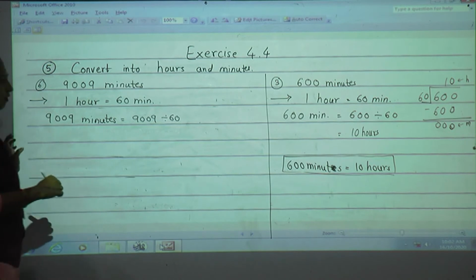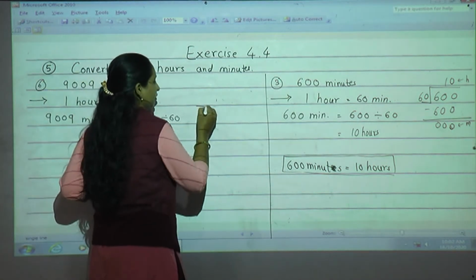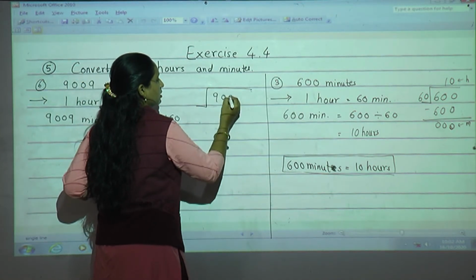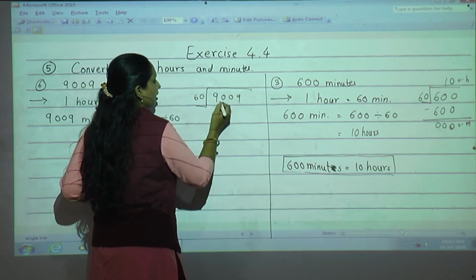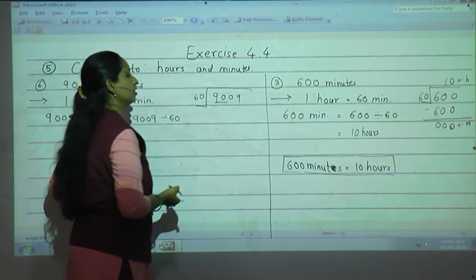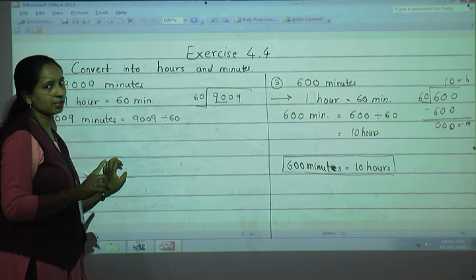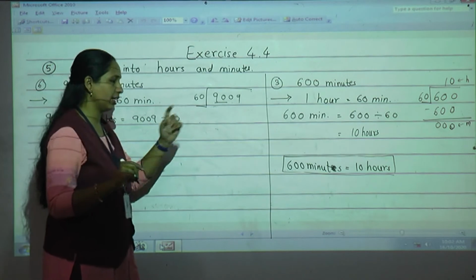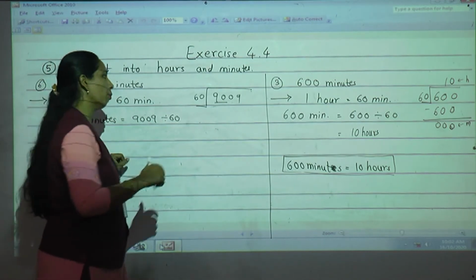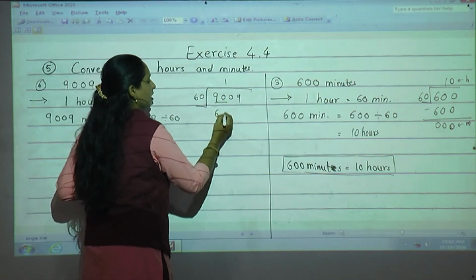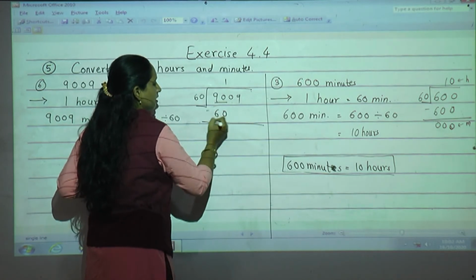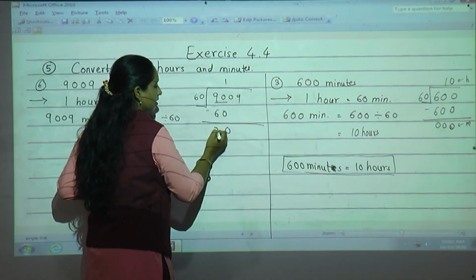Now this division is very important. Now we will do the division. 9009 divided by 60. Two digits, start with two digits. Now 6 2s are 12. Okay, see, 60 2s are 120, so we cannot divide with 2. We have to go by one quotient only. 6 1s are 60. 0 minus 0, 0. 9 minus 6 is 3.